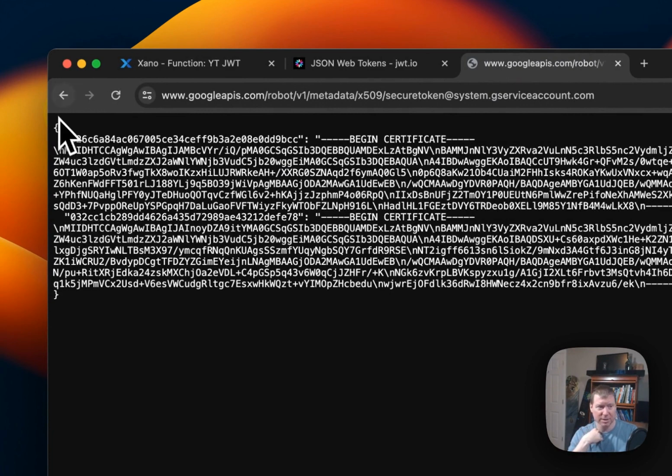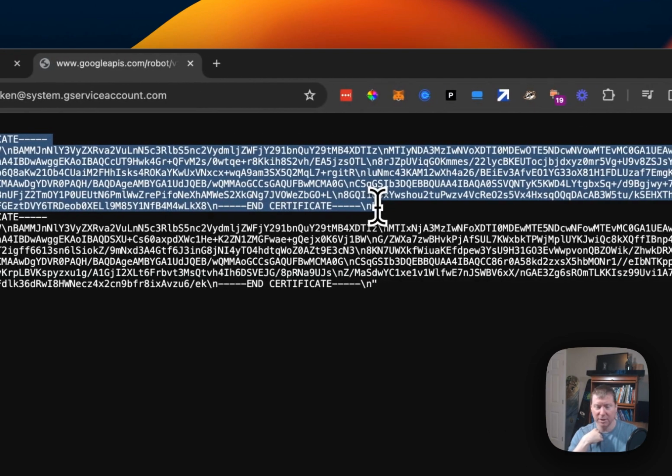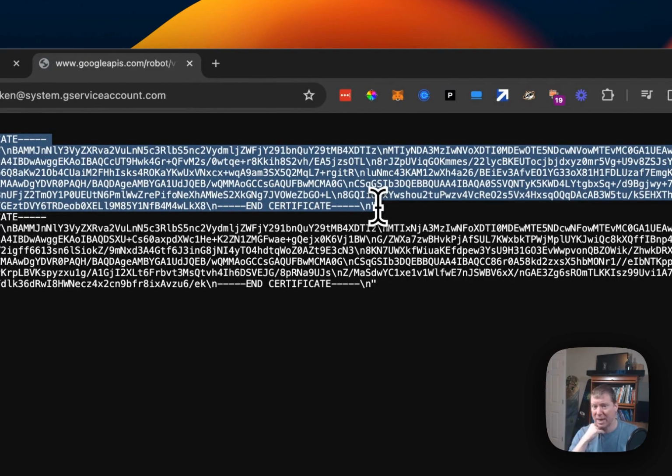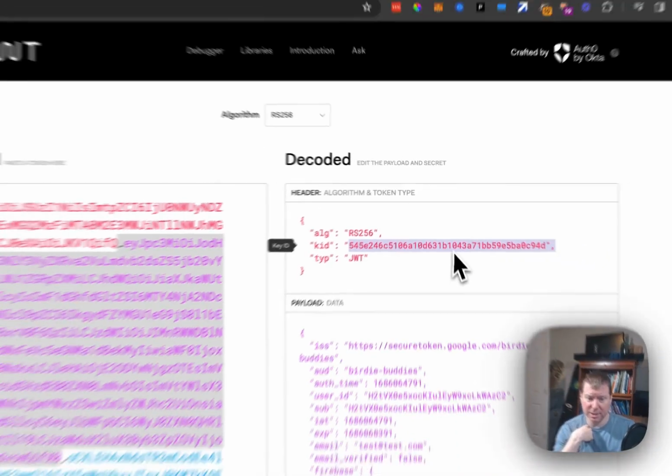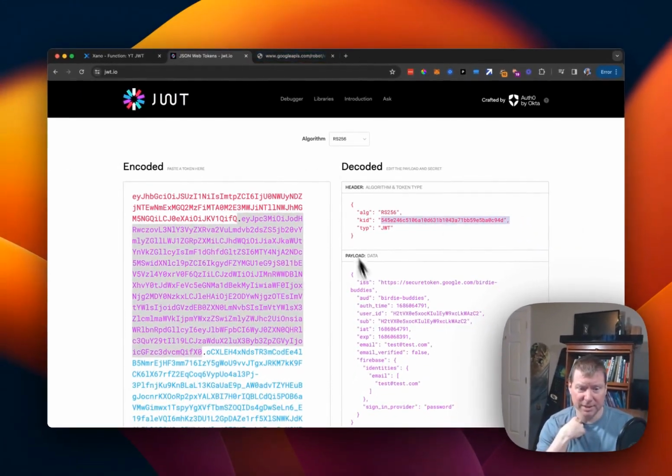But you can see here, this is also in JSON format. This here is your key, and this here is the value. This is actually what's called PEM encoded, the public representation of the public key that you can then use to validate this is actually an OK token. So if you're using RSA and you're going to use the KID to validate it, and then you're going to